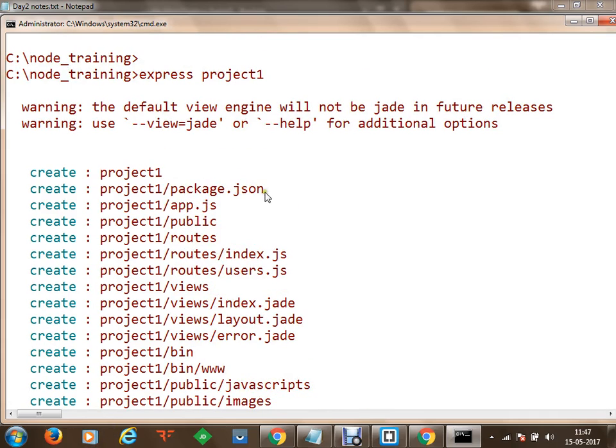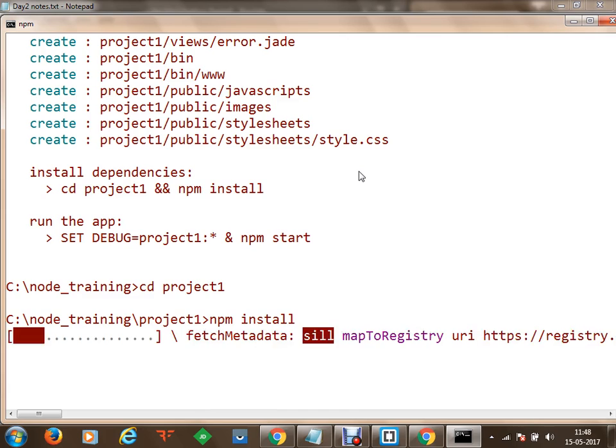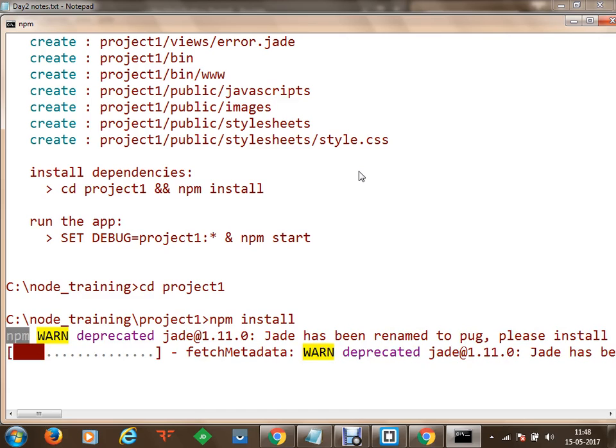So this is a sample project which is created for you, and this is an Express project which works on Node.js. Now once we are done with creation of the project, we are going to install package npm libraries for this project. So we'll move to the directory project 1, and we are going to do npm install. Once npm has been installed, then we can proceed to starting the project, and we'll test how it looks like when we get started with a sample project on Express.